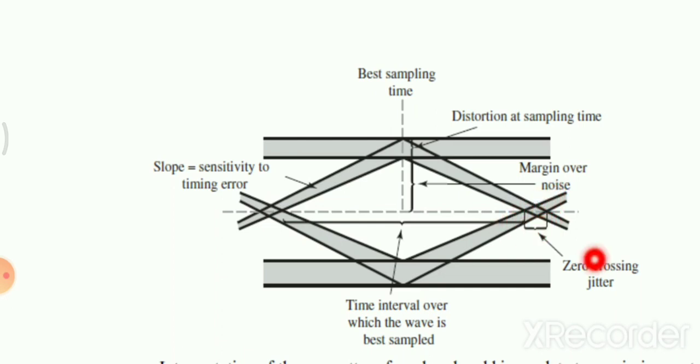This is the ambiguity. Now this slope is important. The steeper the slope is, the wider the signal opening. The lower the slope, the lower the eye opening and the more the ISI. So you can quantify the opening of the eye with the help of the slope. This is the distortion. Actually it should be like this, but another on top of it is called distortion.